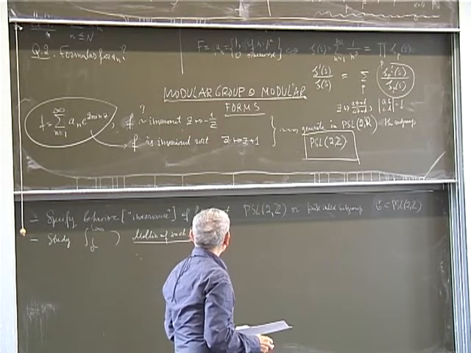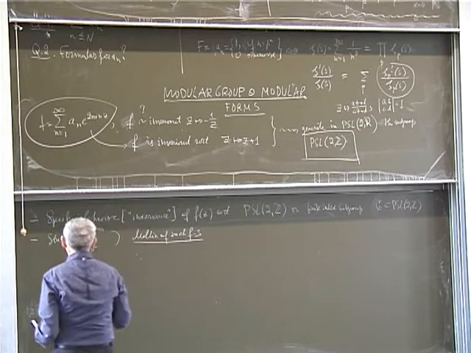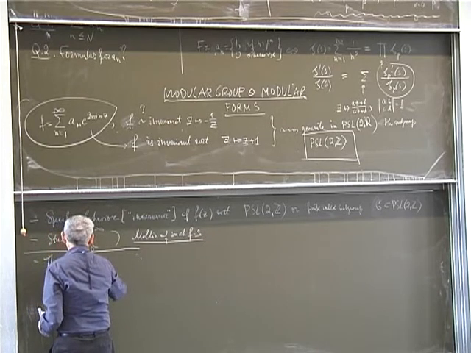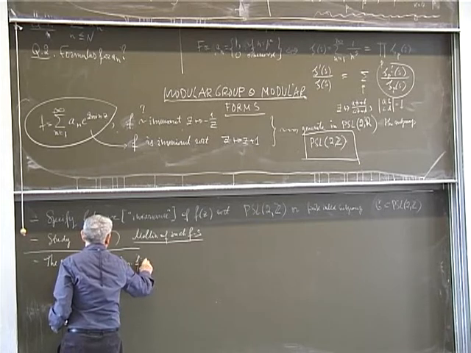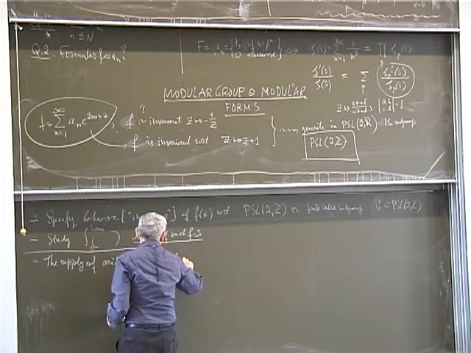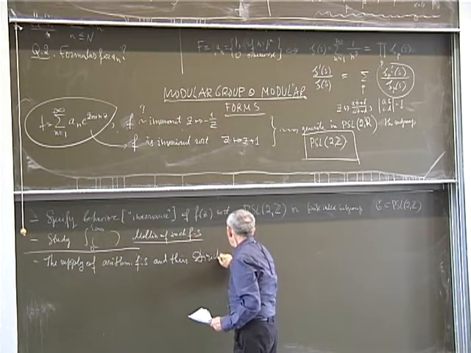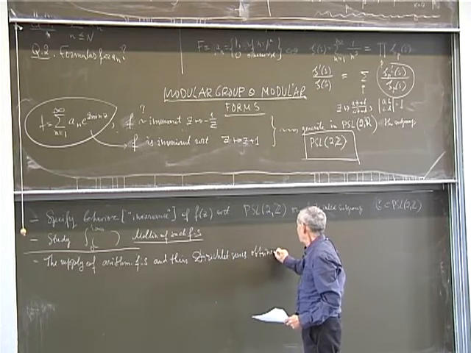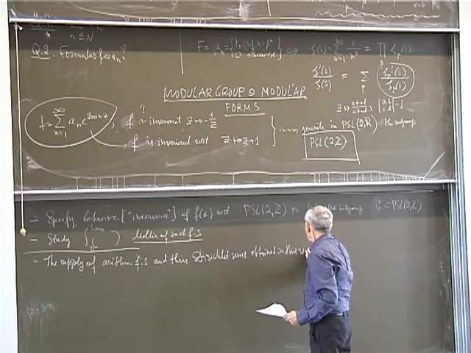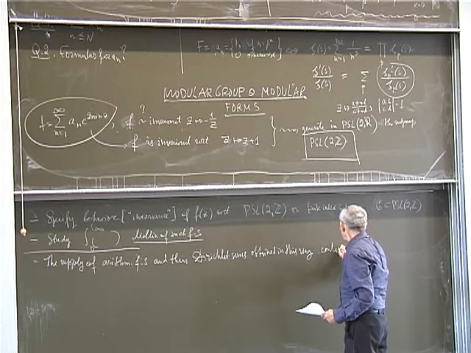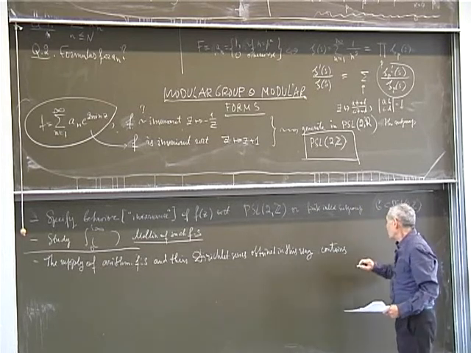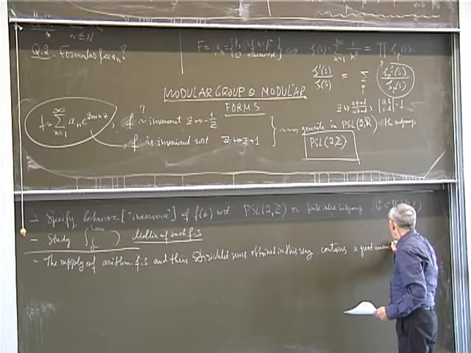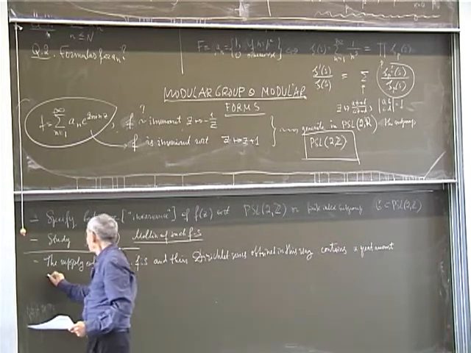But one of the mysteries is that actually the supply of arithmetic functions and their Dirichlet series obtained in this way contains, or conjecturally contains, an incredible amount of interesting, arithmetically interesting